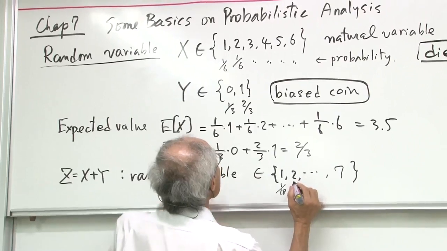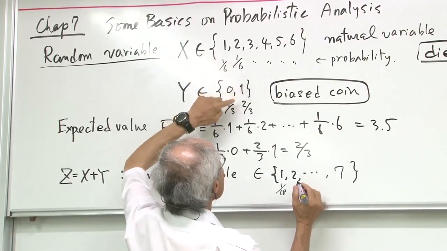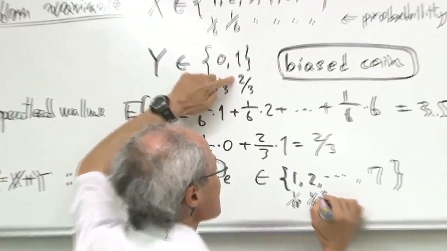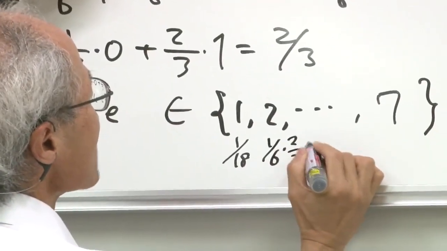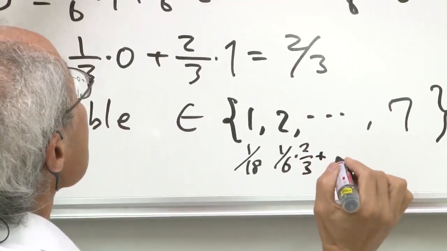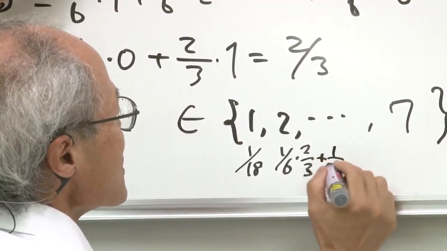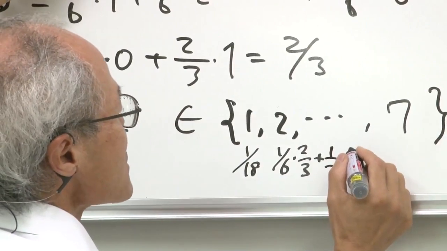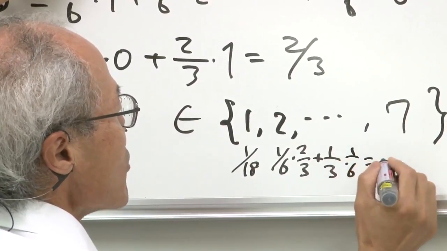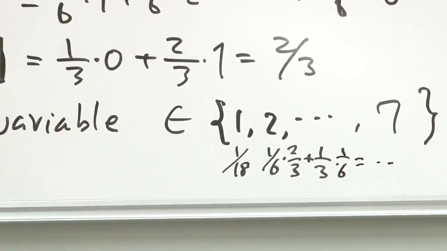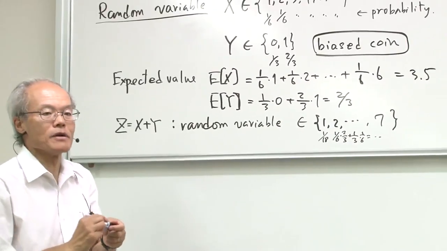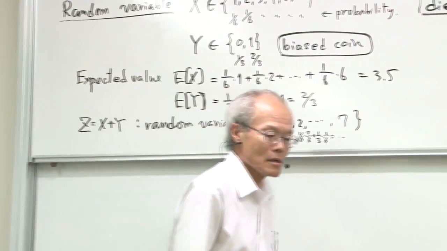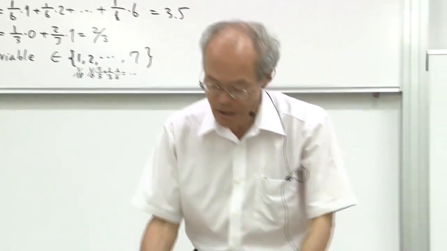So for number 2, it is 1, 1, which is 1/6 times 2/3, plus 0, 2, which is 1/3 times 1/6. So of course, you can calculate the probability for each value, right? So then the question is